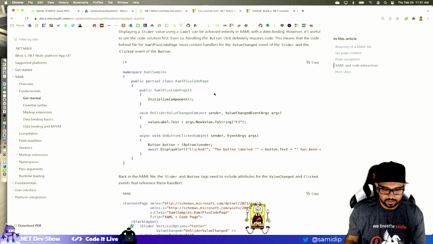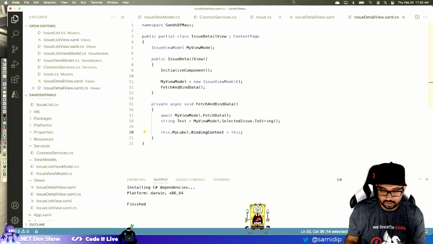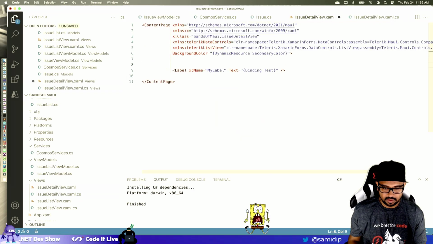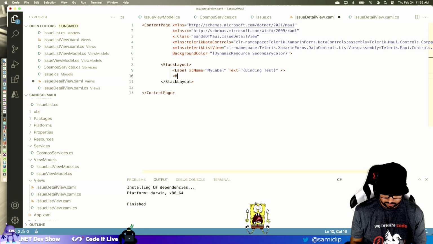Okay, I'm going to put a button in there and see if I can make it change. What am I missing? Let's see. All right, so let's put a stack layout in here, and we are going to close the stack layout. All right, and we are going to put a button in there.